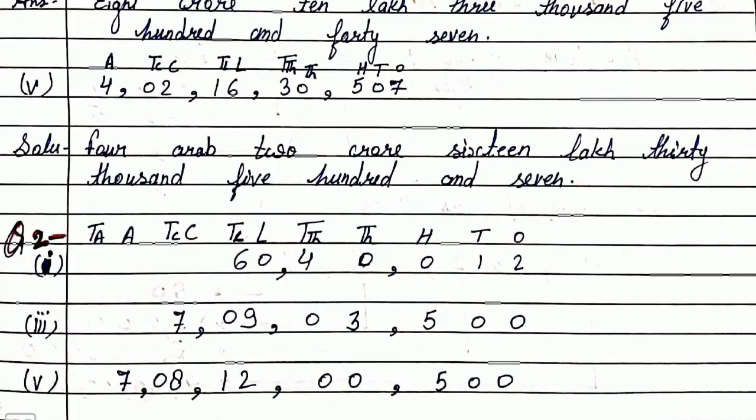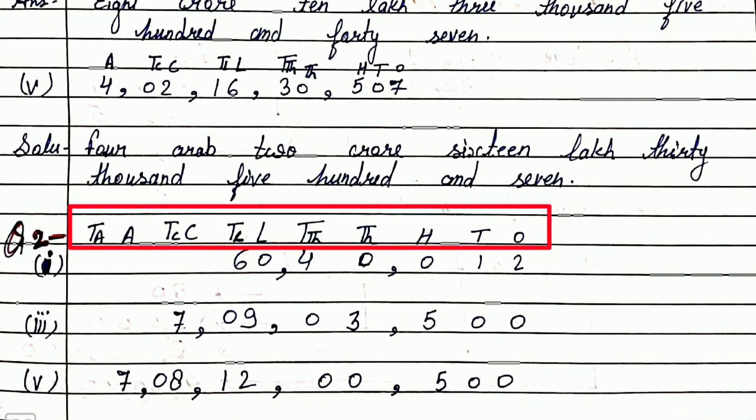Let's see. In this question, 3 parts we are going to solve. The first, third and fifth parts I'm doing in a combined way. First we will write all the periods: ones, tens, hundred, thousand, 10,000, lakh, 10 lakh, crore, 10 crore, Arab, 10 Arab. Okay, so the question was 60 lakh. 60 means 10 lakhs are coming there. So in the 10 lakhs place we will write 6. In the ones place nothing is there, so we will write 0 only.